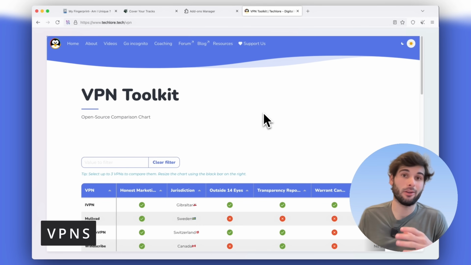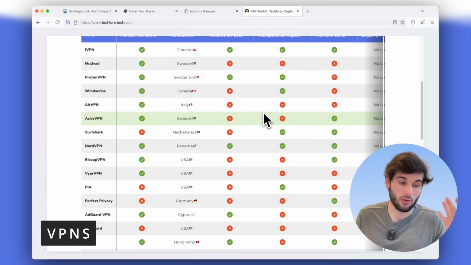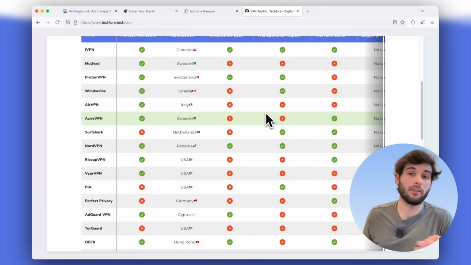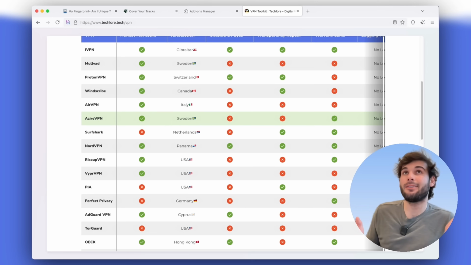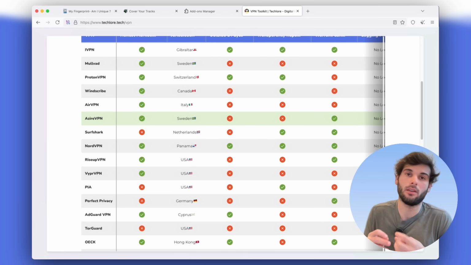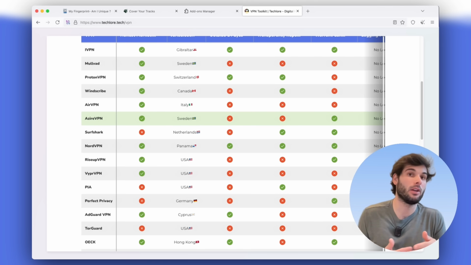Now, the next thing out there is using a VPN. And you've probably heard about a lot of things that VPNs do for you out on the internet. And believe it or not, there is a small benefit here. It's nowhere near as much as they sell it, but it will mask your IP address, which will hide your geolocation, and it allows sites to not just track you based on an IP. However,